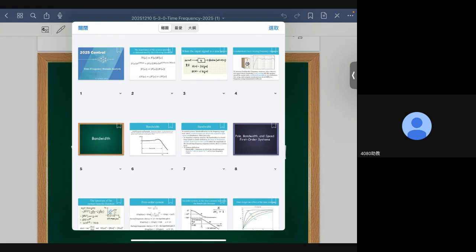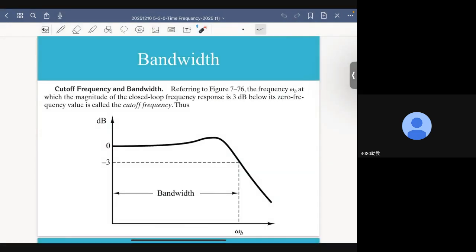Because when we talk about bandwidth, the typical definition of bandwidth is this so-called -3 dB